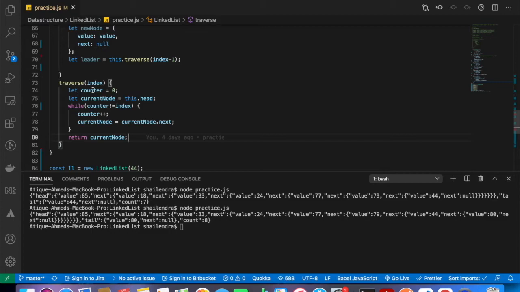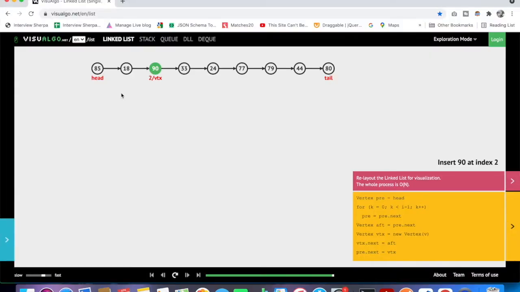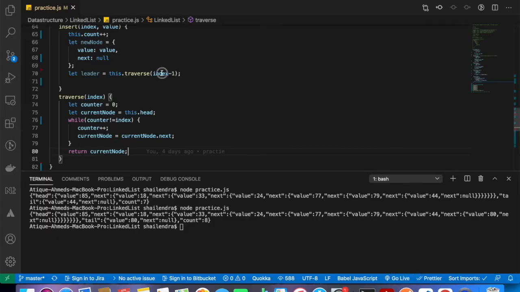So here I am passing index minus 1, and I am iterating through the entire linked list. Where the counter equals the index, I break the loop and return the current node.